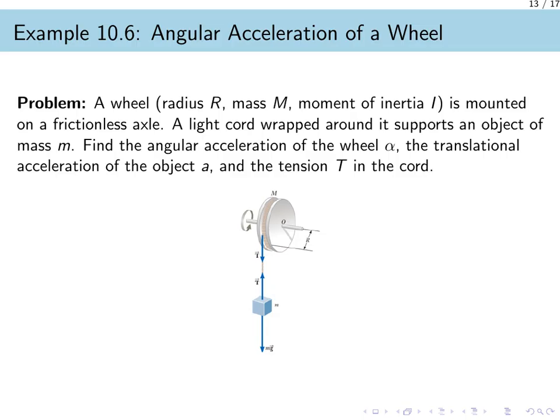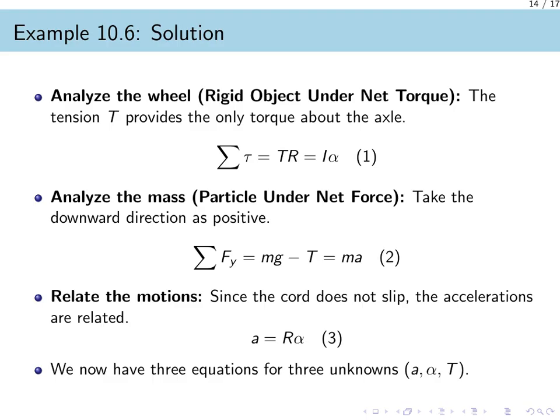mg. If it were, the net force would be 0, and the object would not accelerate. To find the unknowns, we must apply Newton's second law to both the linear motion of the mass and the rotational motion of the wheel. To solve this problem, we will apply our physics models to the wheel and the hanging mass to develop a